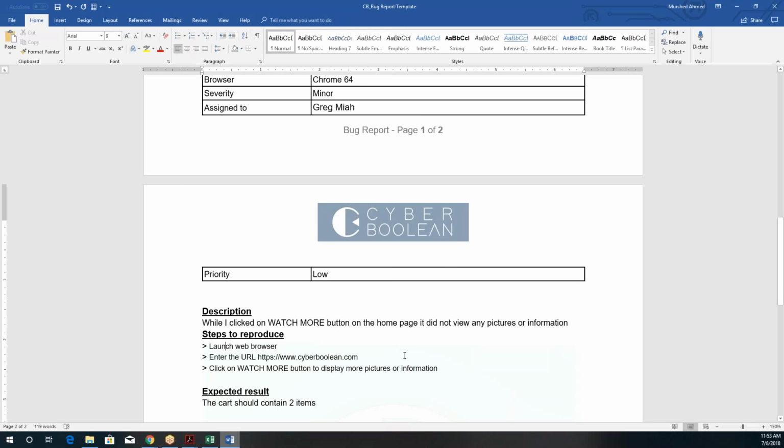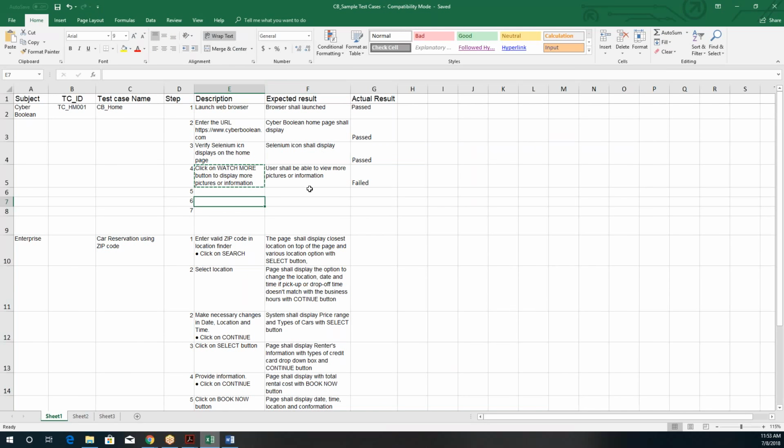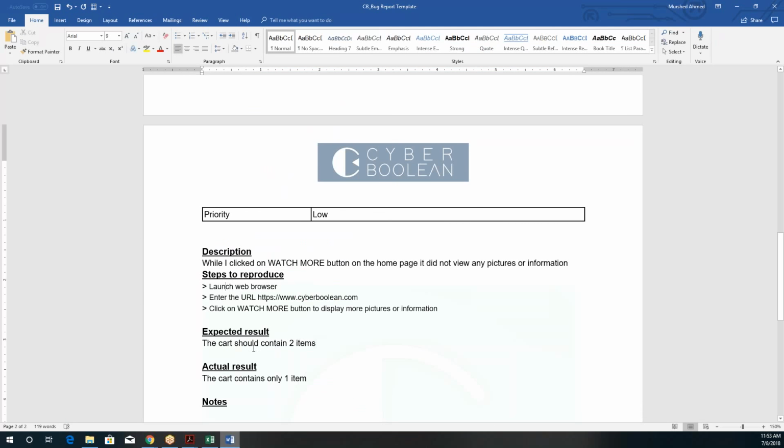So when developers find this document, right, they know where to go, how to reproduce it, and they can work on the bug, fixing that bug. Now, expected result, okay, so this is going to be your expected result of what you are expecting, right? And actual result,